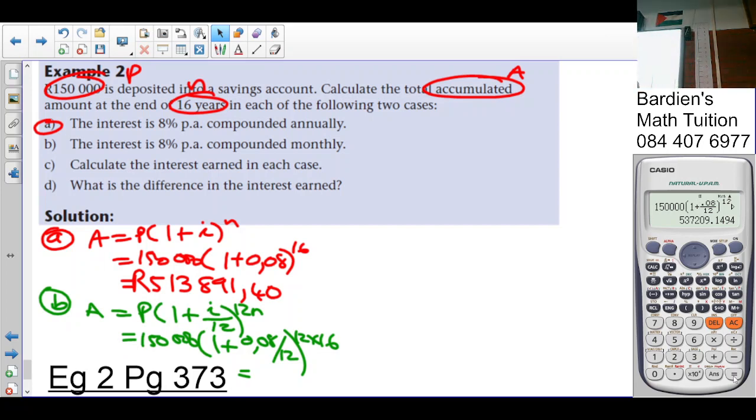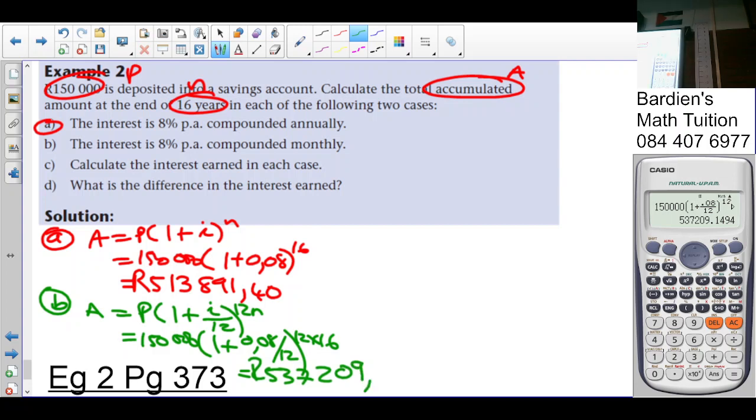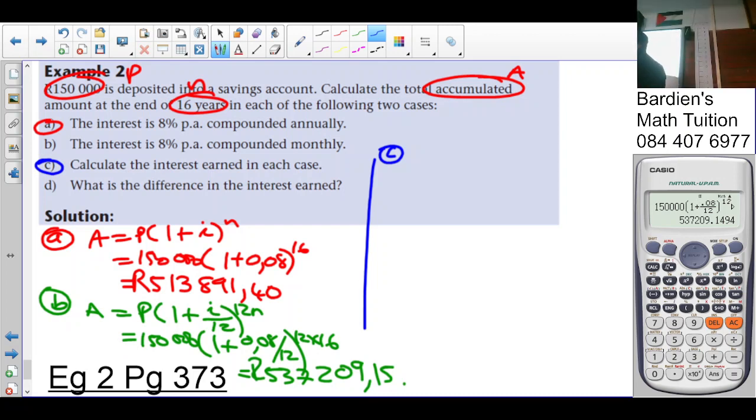Okay. So that return is 537,209 rand and 15 cents. Okay. You will understand? C says, calculate the interest earned in each case. So in case A,